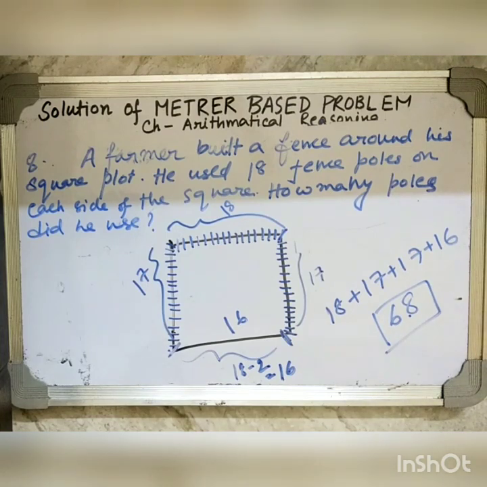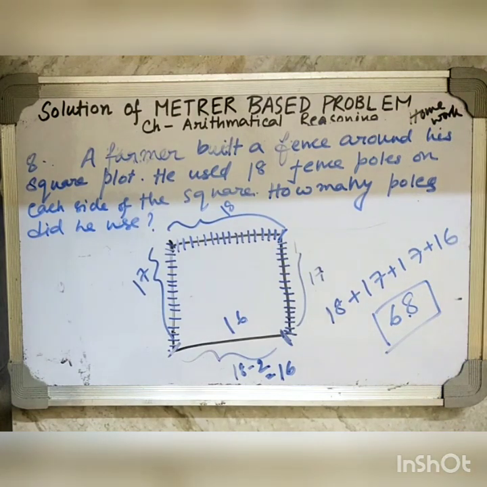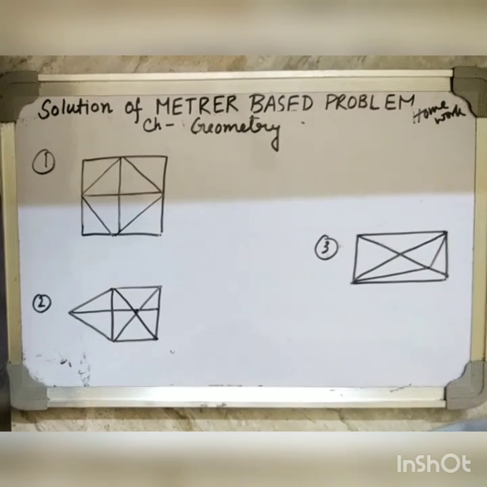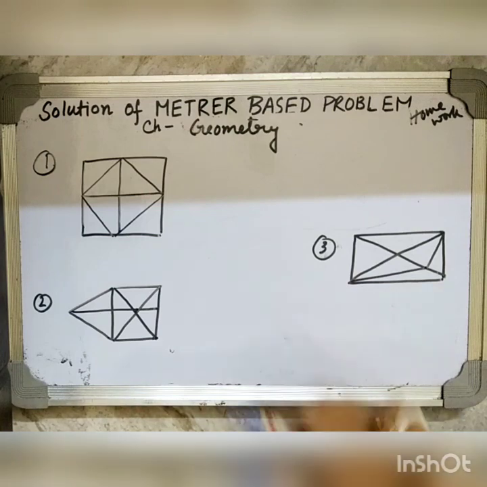Okay. Now let's come to the next question. I hope arithmetical reasoning based homework is already finished. These are all the solutions of the homework you can see. And now we will start the homework which was based on our geometrical shape chapter. Okay. Now let's start that. So these were the 3 shapes which were given, and in these 3 figures you have to find the number of triangles which are there in this figure.